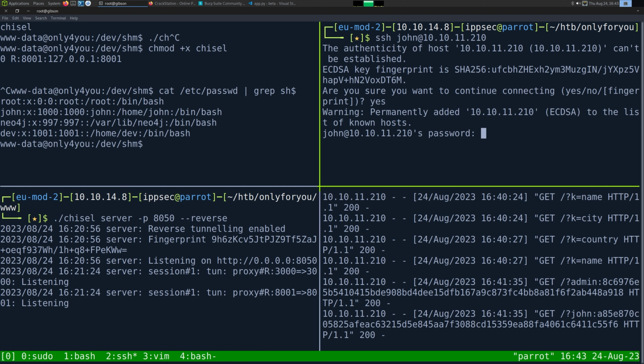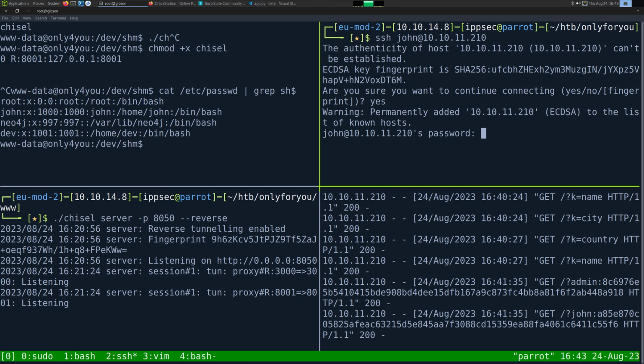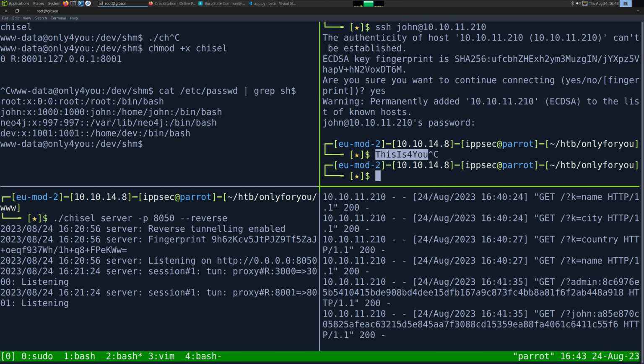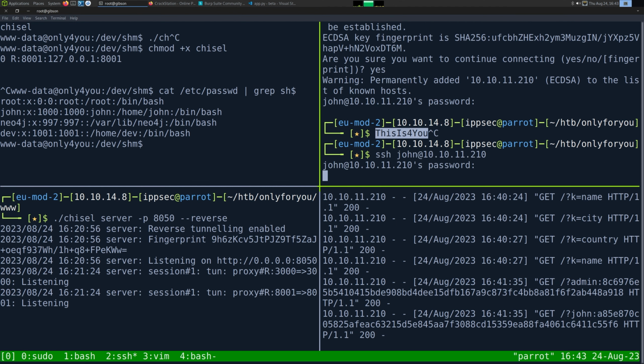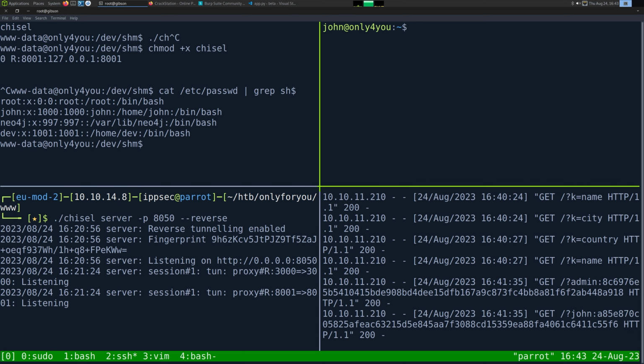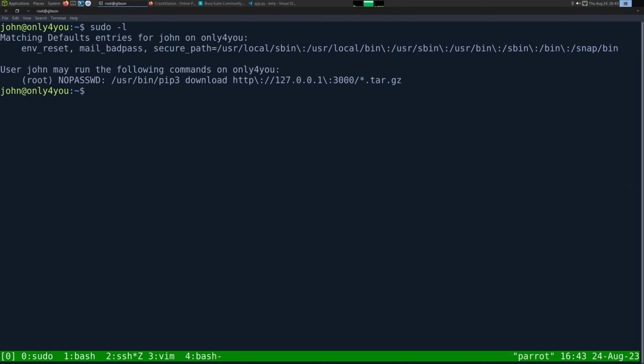Get rid of everything. This. Hold on, let me make sure I copy this. That is the correct thing on my clipboard. Paste it in. And we can log in as John. So if we do a sudo -l now, we can see I can run pip3 download 127.0.0.1 port